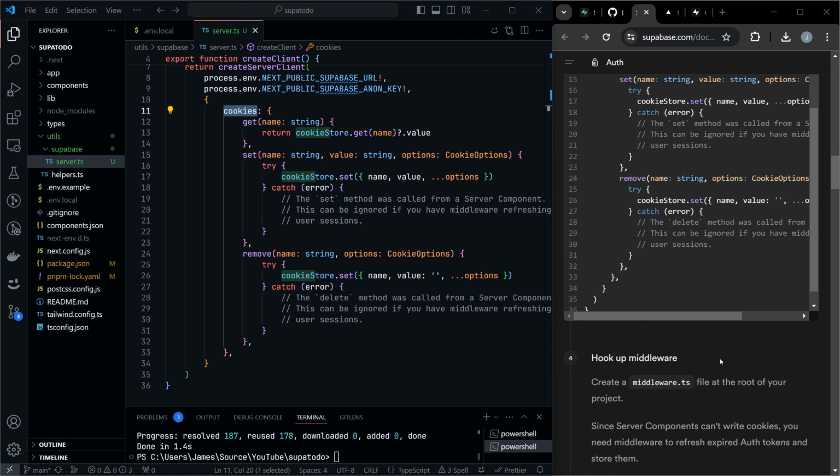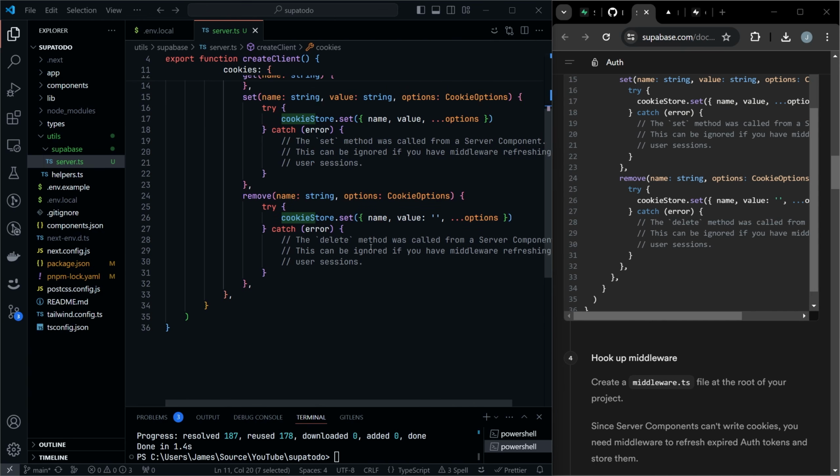We essentially need to change that request to attach a cookie onto that to make sure they're a verified user. And since we're using server components as well, we need it to be refreshing and checking every time we go to a page just to make sure that the user is always authenticated. To do that, we go into our Supabase first, and then we add another new file called